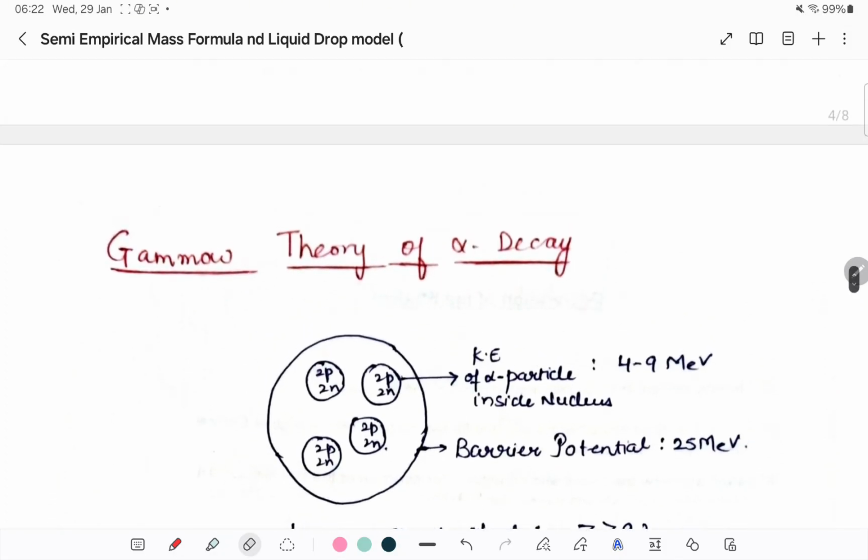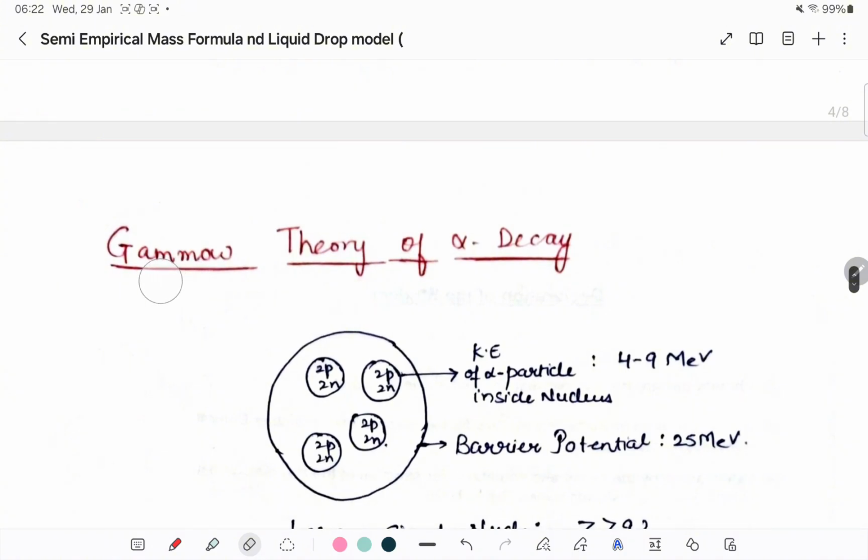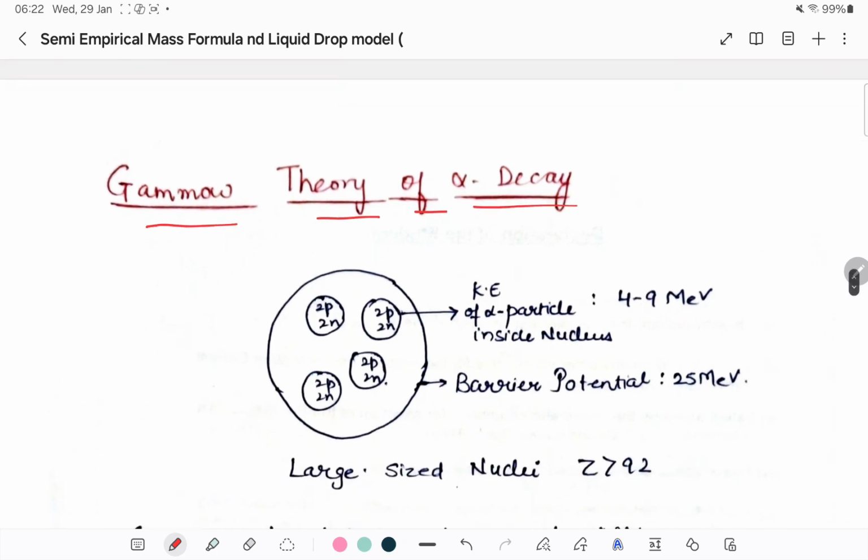Now let's turn to our next topic, which is the Gamow theory of alpha decay. What is actually happening inside a nucleus? Suppose we have a large nucleus having Z greater than 92. This factor you should also memorize, but the value of the alpha decay would occur if the mass